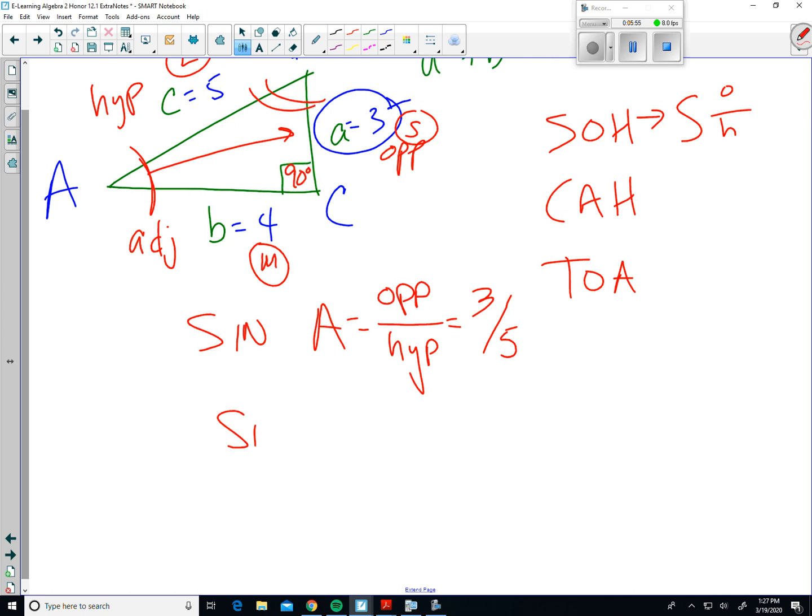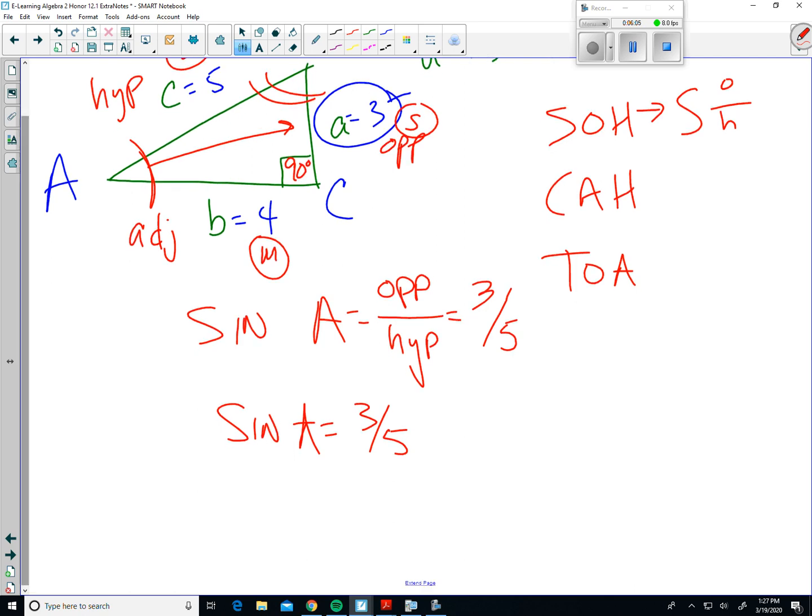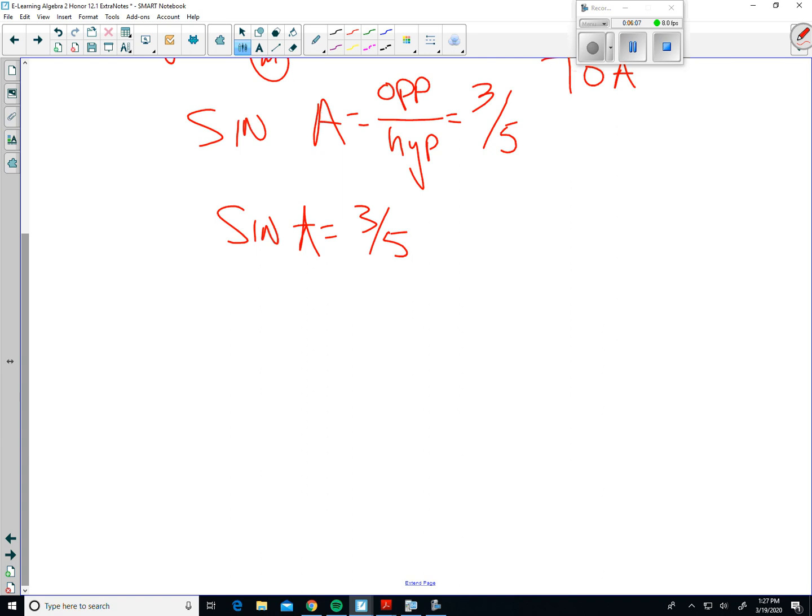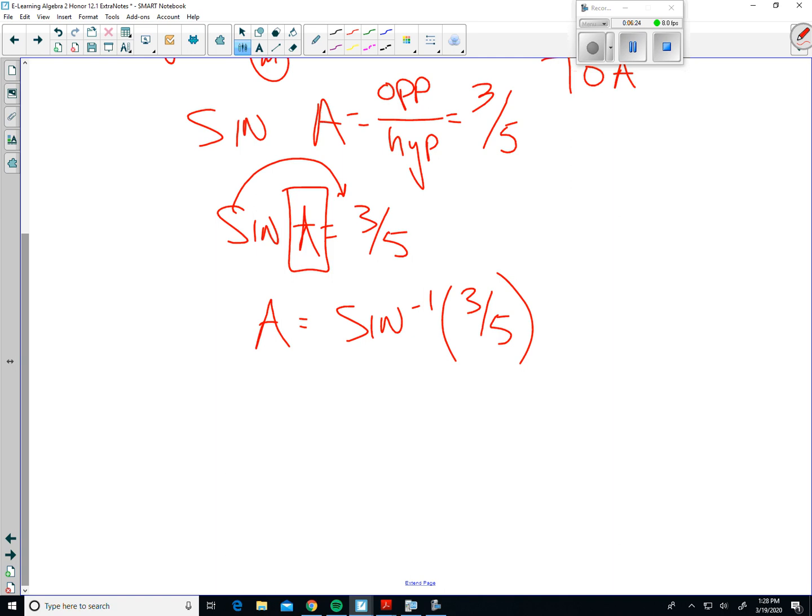And as we get into the trig, as Ms. Scanlon talked about, we're able to use those side lengths to tie into the angle measurements. What we do know about trigonometry is that if there is a right triangle whose opposite side is 3 and whose hypotenuse is 5, there's only one measurement that would fit for angle A. That's how triangles have to work. To get the angle measurement, we take the sine function and move it to the other side. So now I'd say that angle A is equal to the inverse sine